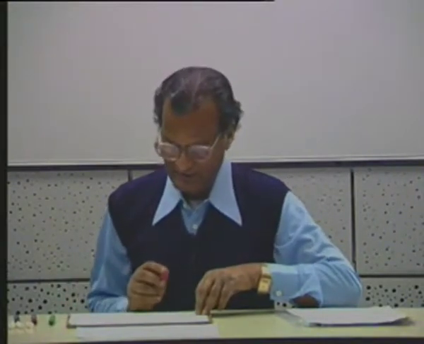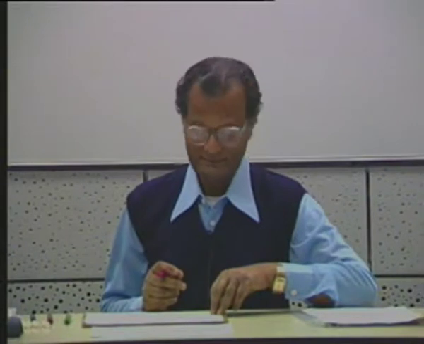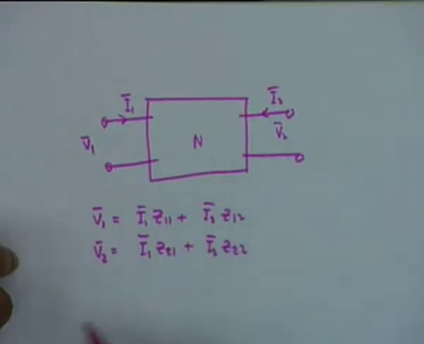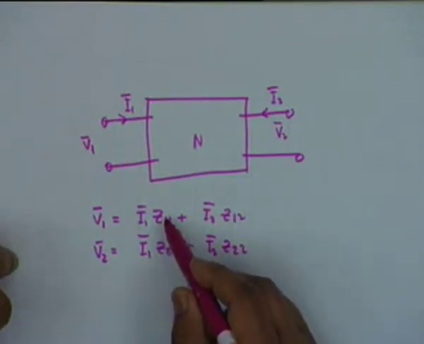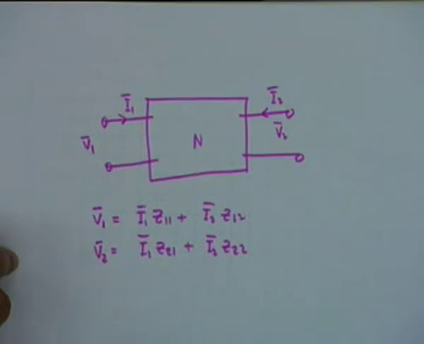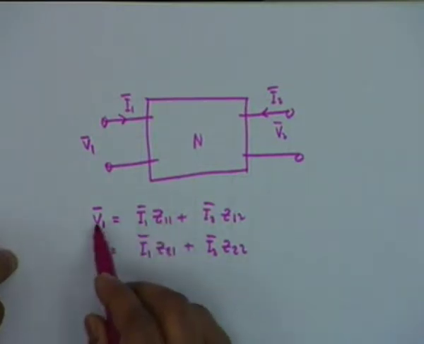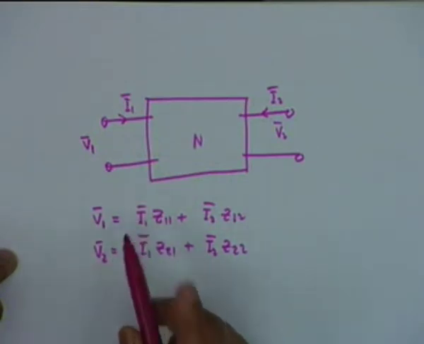I have already explained why there are two subscripts. Two subscripts are needed to express the transfer impedances, and therefore to be consistent we use two subscripts on the driving point impedances also. Z11 is a driving point impedance with the port 2 open circuited. You see, Z11 is V1 divided by I1, so it is an impedance at the driving point at port number 1 with port 2 open circuited.